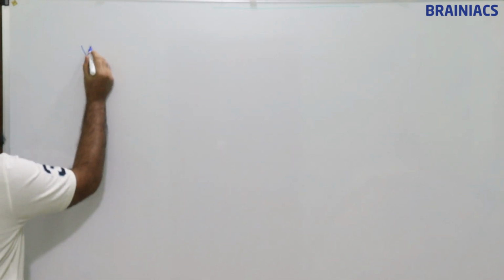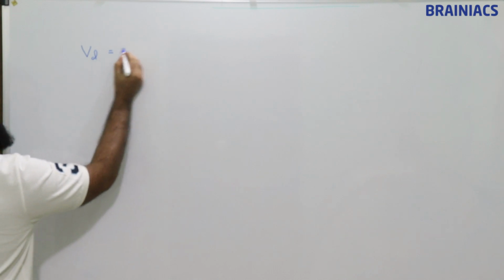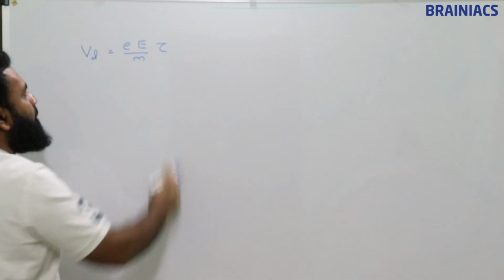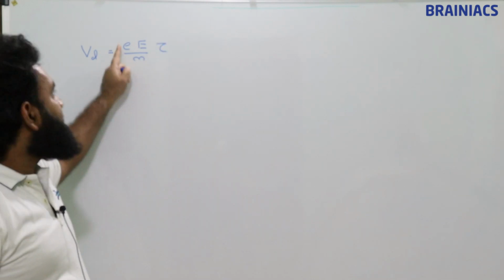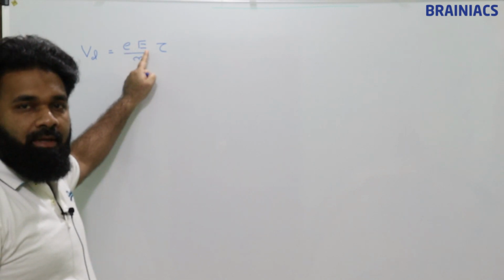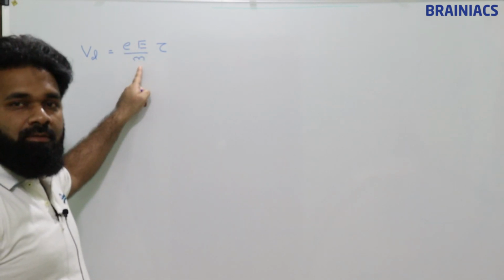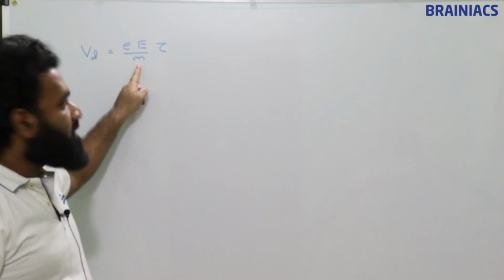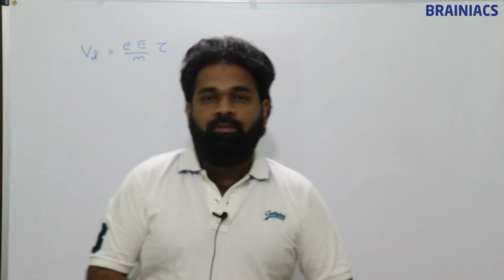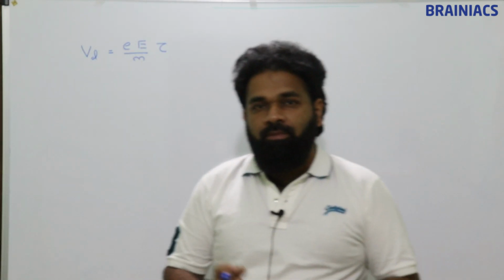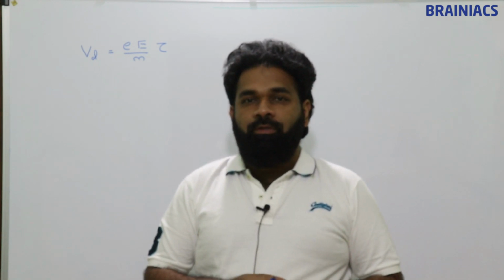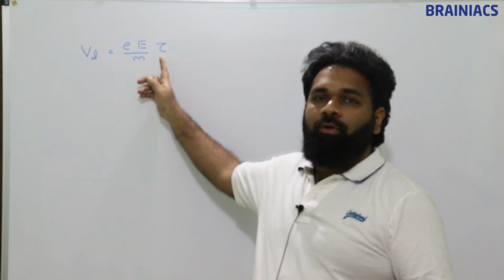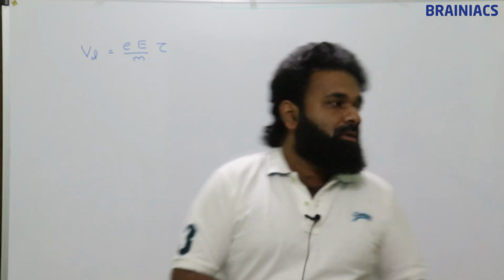In the previous class, we saw the formula for drift velocity: v_d = eE/m times tau. Here e is charge, capital E is electric field, m is the mass of the charge carrier, and tau is the average relaxation time. Average relaxation time is the time between two collisions. With a lot of electrons and a lot of collisions, putting all these together, we take the average relaxation time. Now